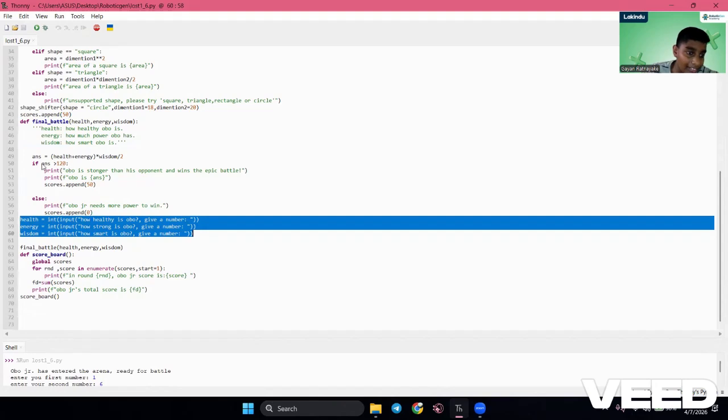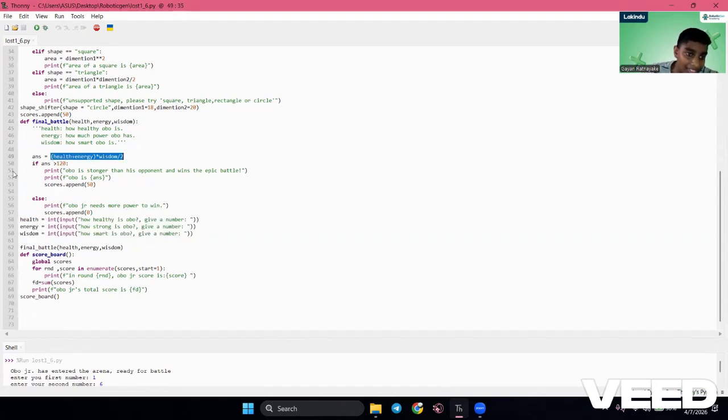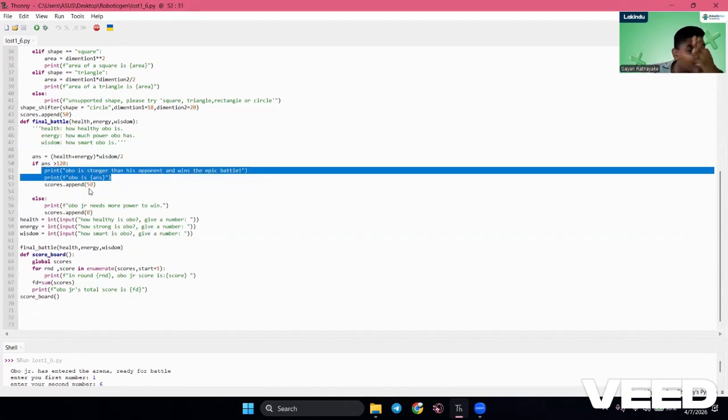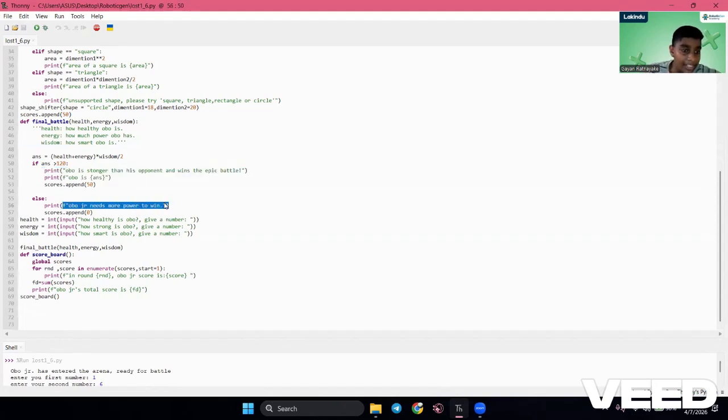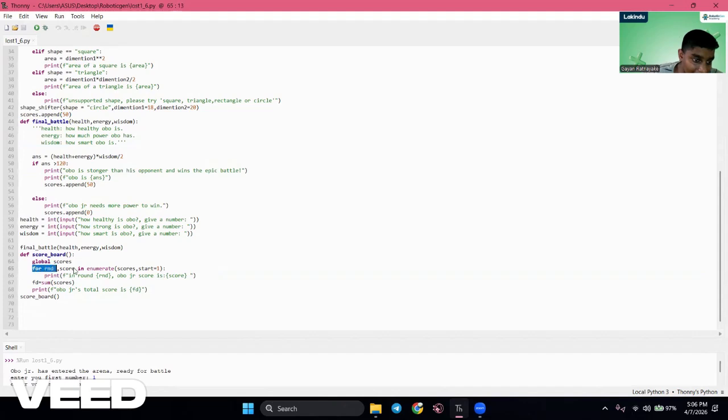And now, as you can see, if all of this is greater than 120, then it prints that Obo is stronger than the opponent and he wins. Otherwise, he needs more power to win. And as you can see, we call the function. Here we have another function, the scoreboard. So we have been appending all these values. So it will get global scores.